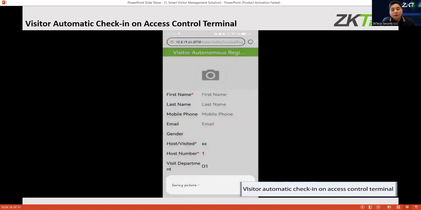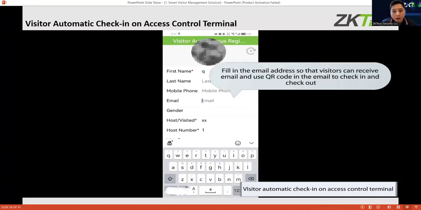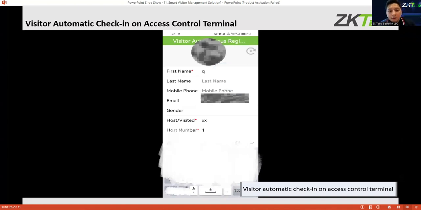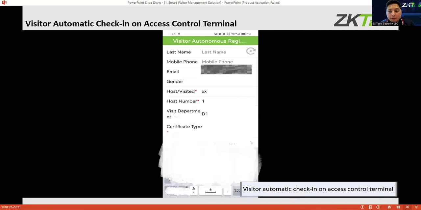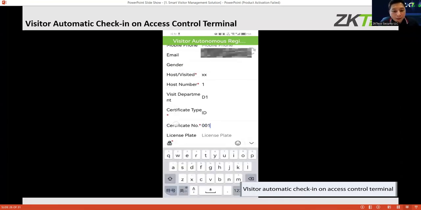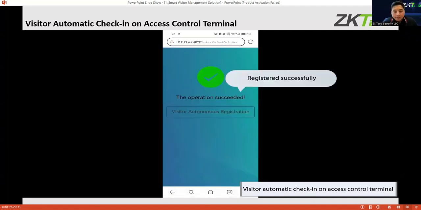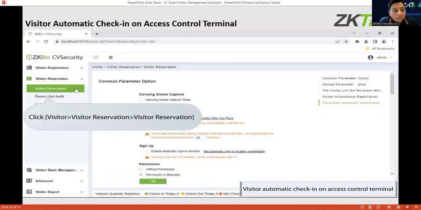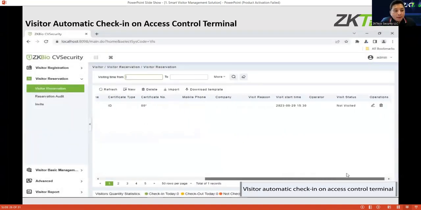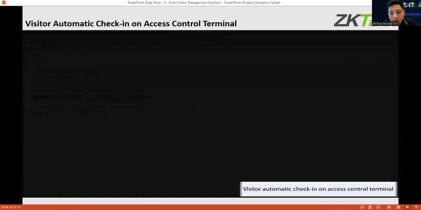The visitor can also register his face so that it can be used on our access control devices. Just fill in the registration details, and the start and end time. It's very important. In visitor reservation, you can see it's not yet visited.